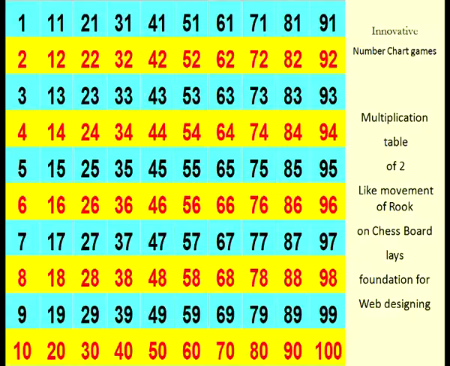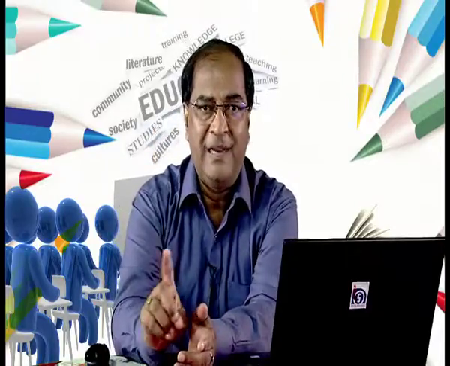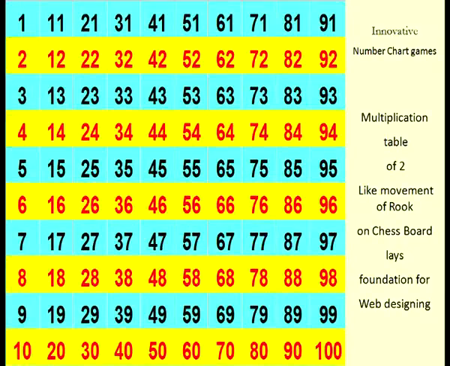Now suppose multiples of 2 are painted in red color in the number chart from 1 to 100. Then you will see that the multiples follow a pattern of parallel lines, just like the movement of rooks in a chessboard. Not exactly the same, but similar. So if this is the pattern that you have, you can always find out the quality of the patterns and the attributes of the multiples of 2 based on these patterns. You will definitely see that the multiples of 2 only have 2, 4, 6, 8 and 0